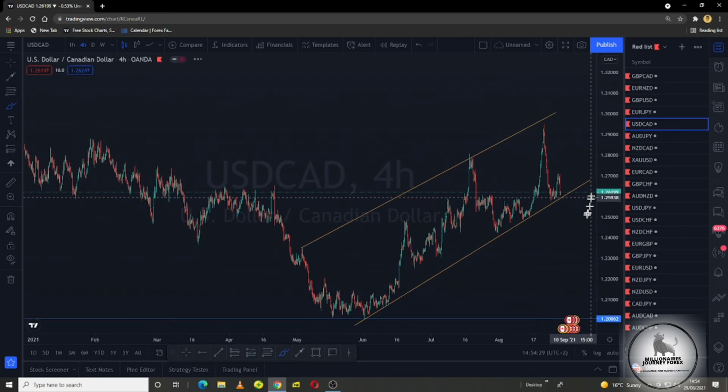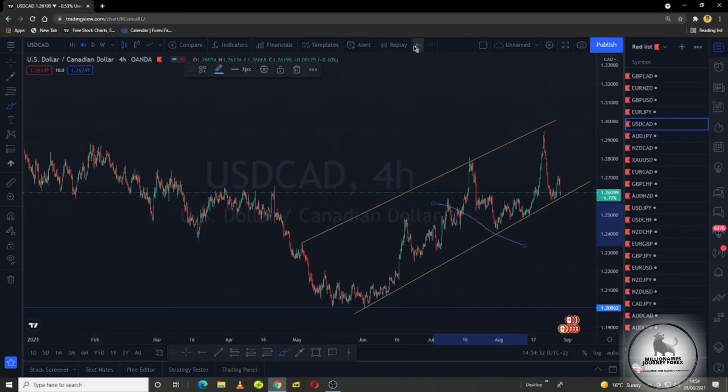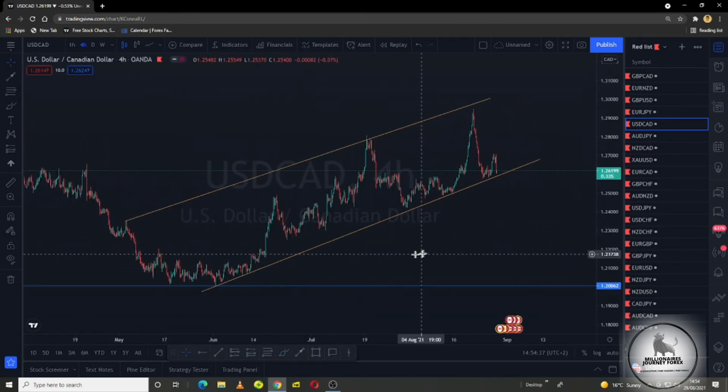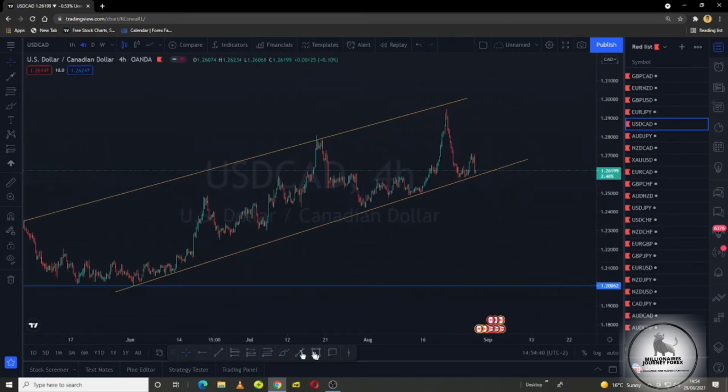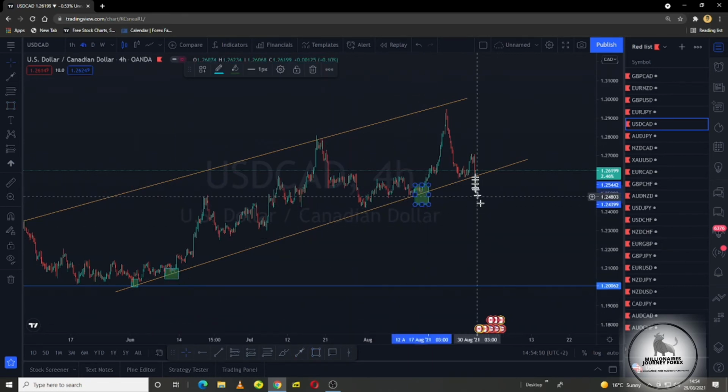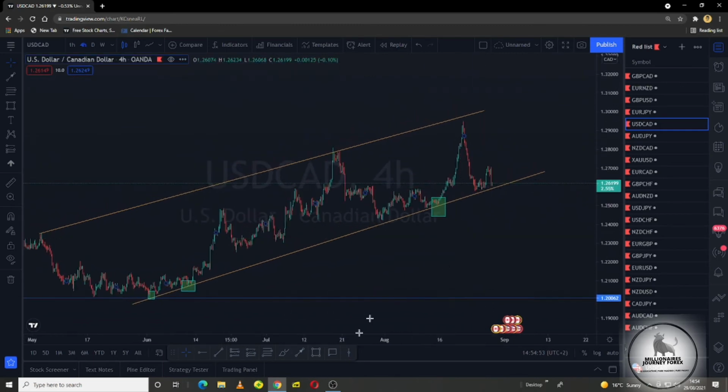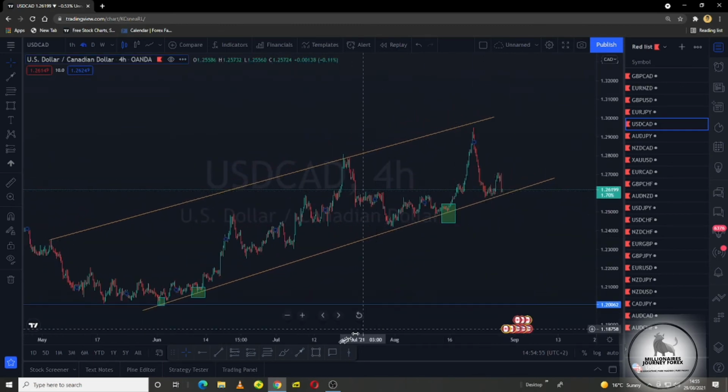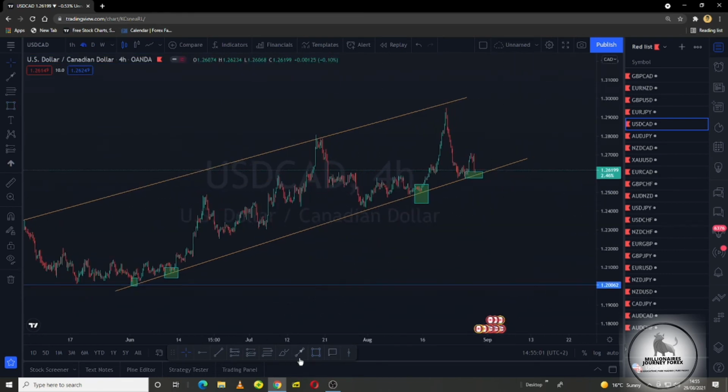So on USD CAD, we have a clear pattern, and then we can get a buy as soon as the market opens, because if you take a close look at this, we had 1, right? We had 2, we had a 3rd touch here, and now we are here on the 4th touch, and the price is showing some sort of momentum to the upside, which means we can get a last push to the upside, and then from here